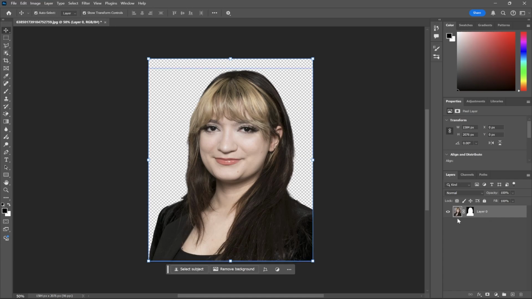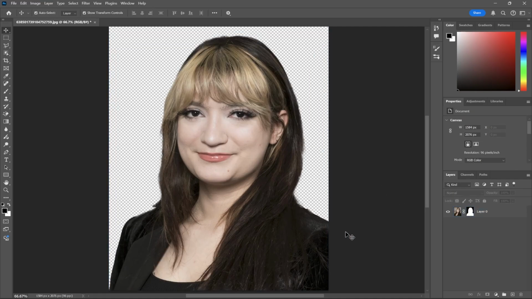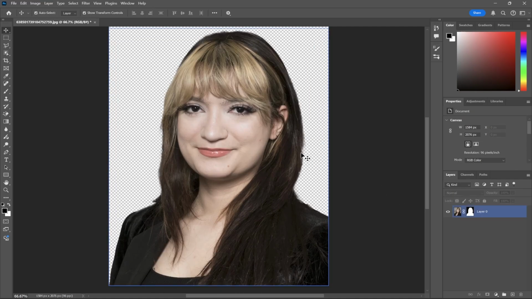Once it completed removing that background, I'm looking over here in my layers tab and we can see this silhouette. So basically what that is, is a mask. And this is useful because if it erased something that I didn't want it to, I could always go back in and use my brush tool to put that back in. And for me, there's a little part that I want to bring back in.